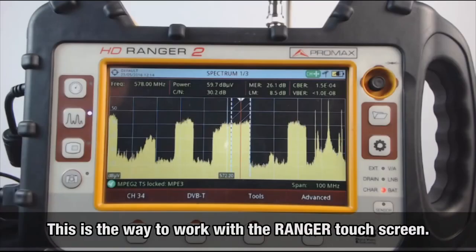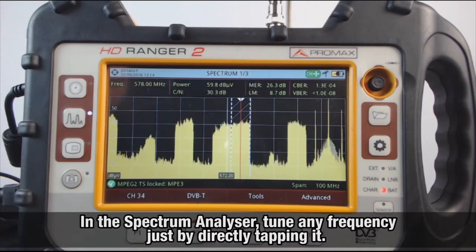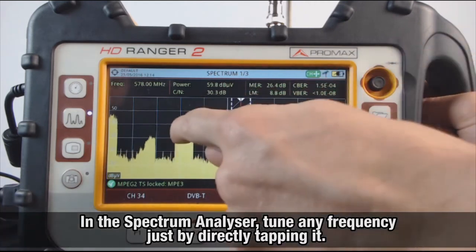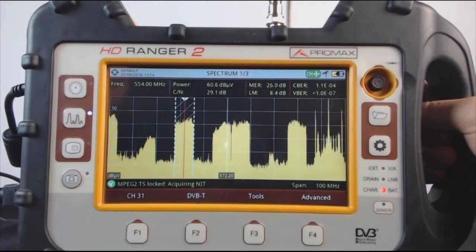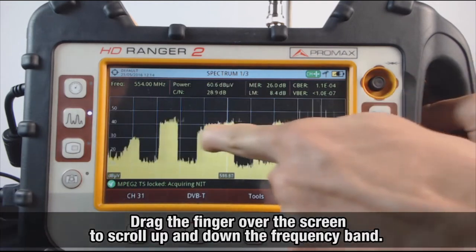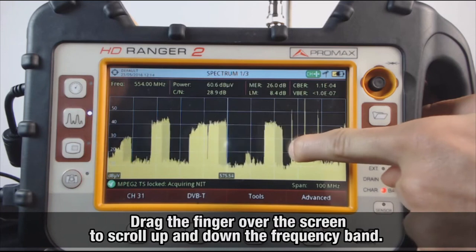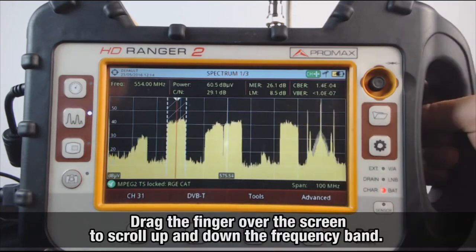In this short section, we would like to show you how to work with the HD Ranger 2 meter by using the touchscreen. In the spectrum analyzer mode, you can tune any frequency just by directly tapping the point of interest in the frequency band shown in the screen. When we press the screen and drag our finger over it, we will be scrolling up and down the frequency